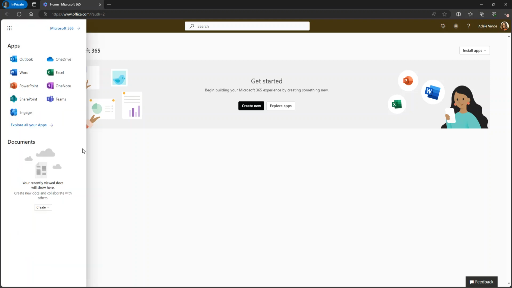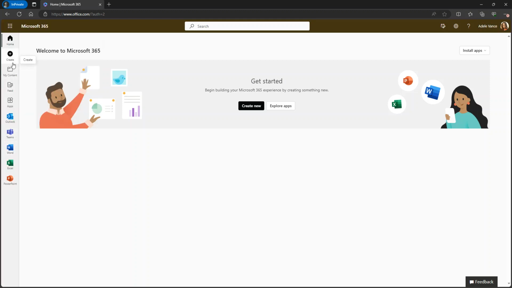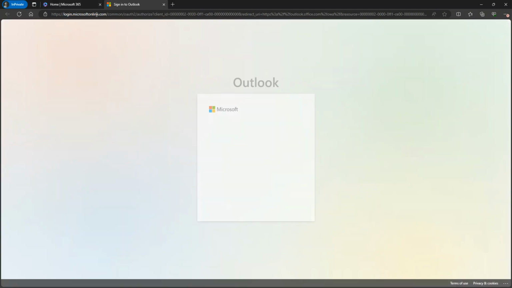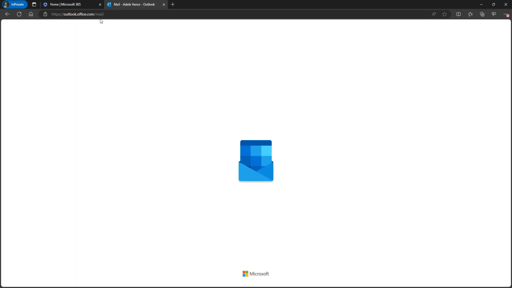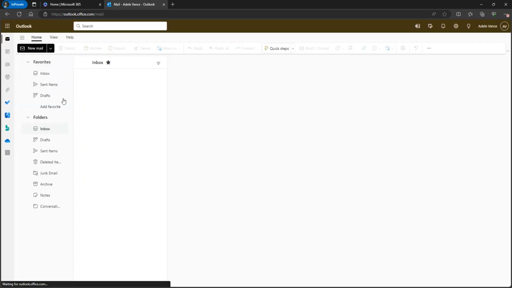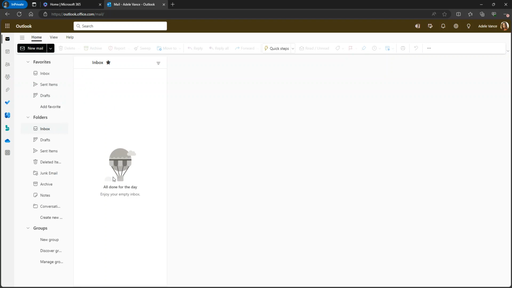And she goes to this and she can't go to the admin center, but she has access to some of the organization resources here. She can install software on her computer. She can go to her email by clicking here. It will go to her email, ask me later. That's outlook.office.com, which is the email. And then she doesn't have any email.